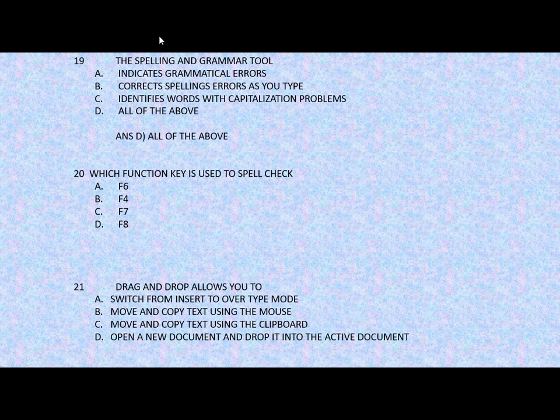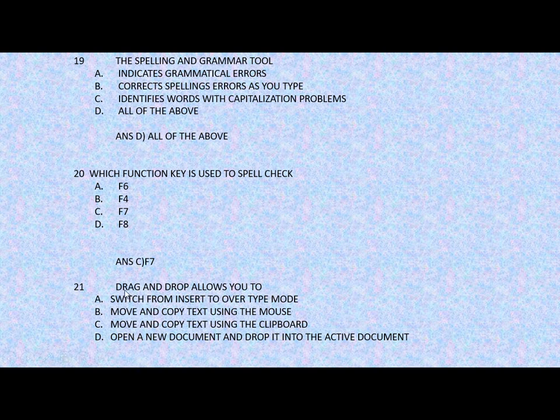So spelling and grammar tool can do all of these. Next question, which function key is used to spell check? So we can say, what is the shortcut key to check spelling? The options are F6, F4, F7, F8. So correct answer is C, that is F7.